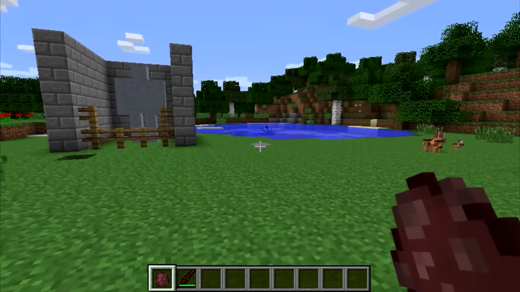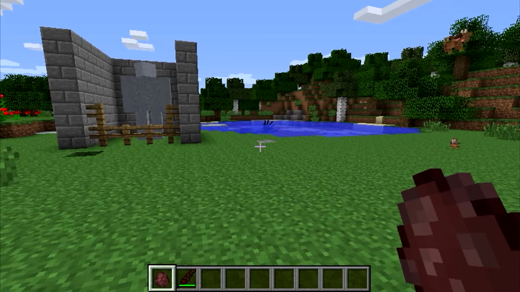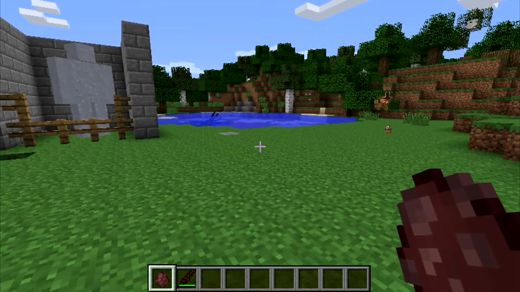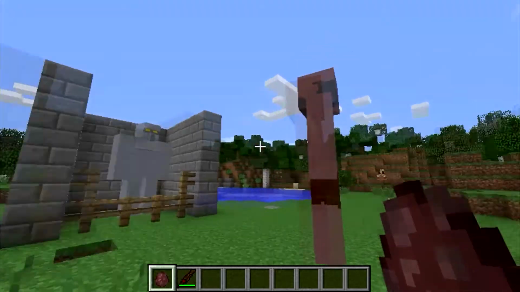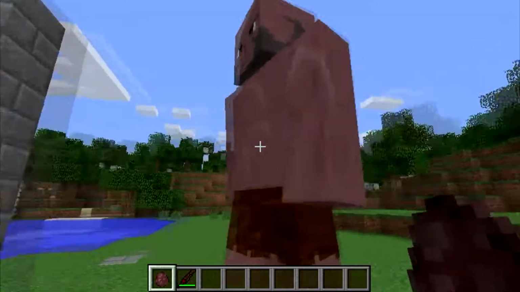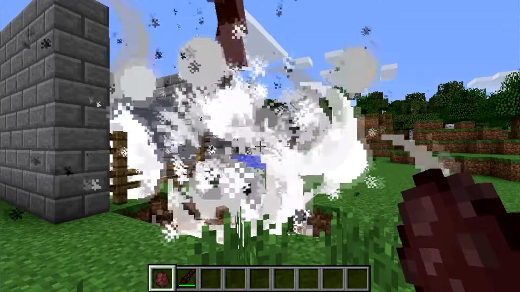Okay, the next mob we have here is the Hill Giant. He spawns in hilly terrain, and he has a very devastating explosion attack. Here he is right here. He looks pretty cool. He's neutral until...